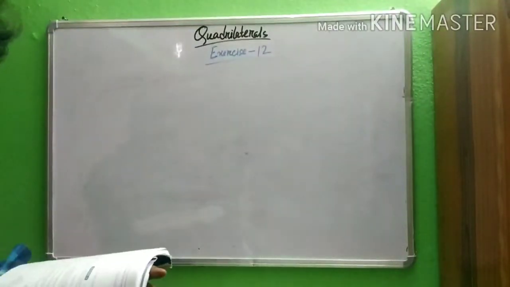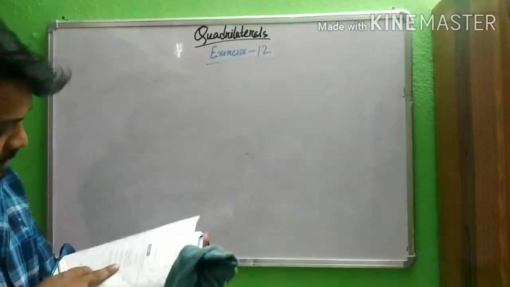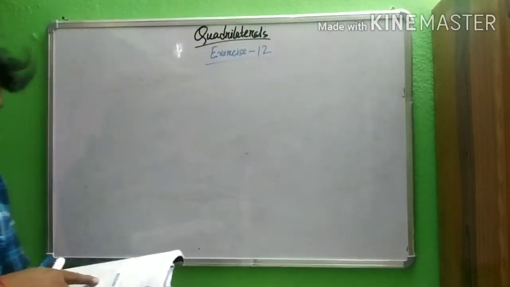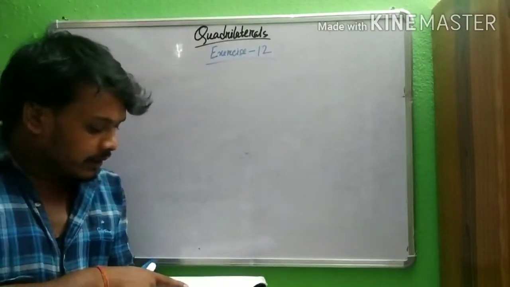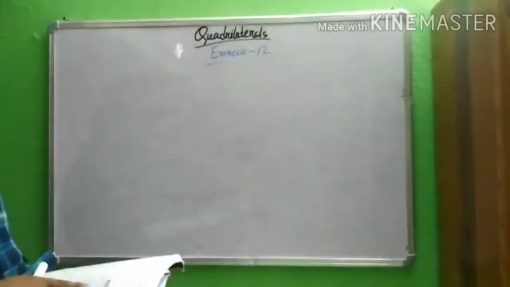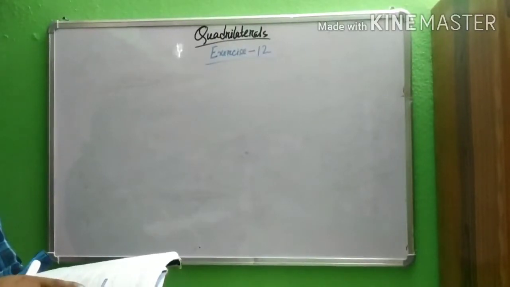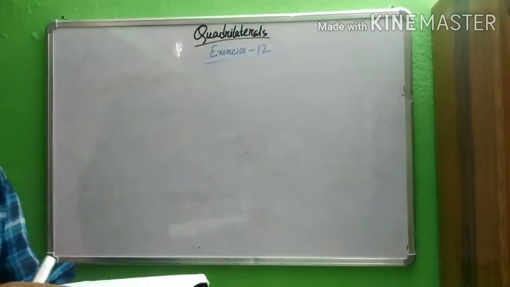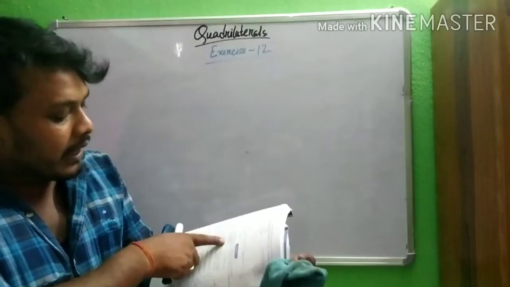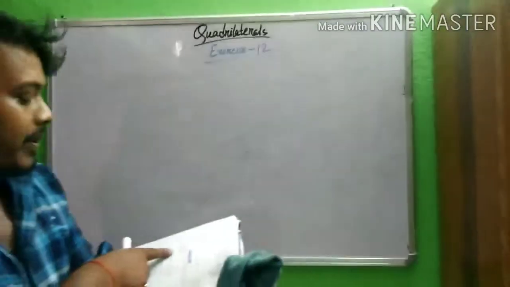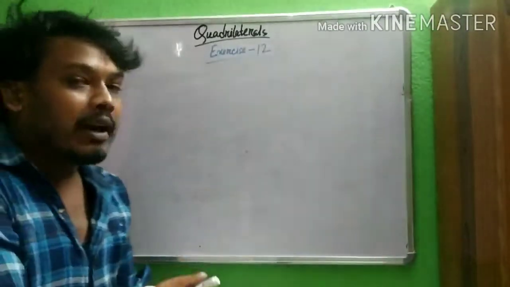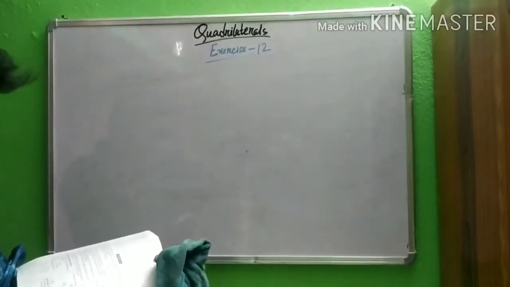Next is question 3. ABCD, angle A given, B, C, D equal. Here we let angle B equal to angle C equal to angle D, and the value of each of B, C and D is x, and the other angle is given as 150 degrees. So 150 plus x plus x plus x equal to 360. From here we get the value of x and we get the result. Okay, so no need to solve question 3.